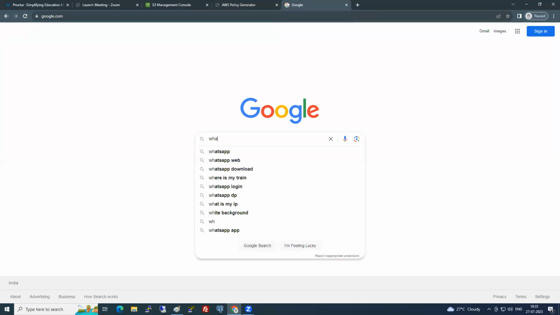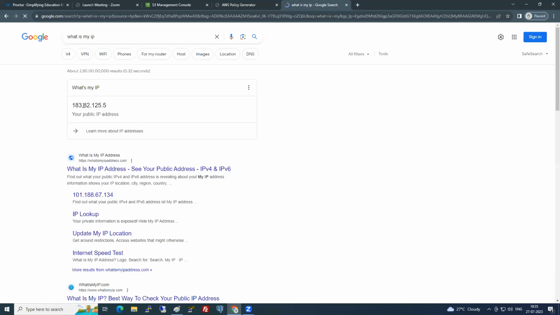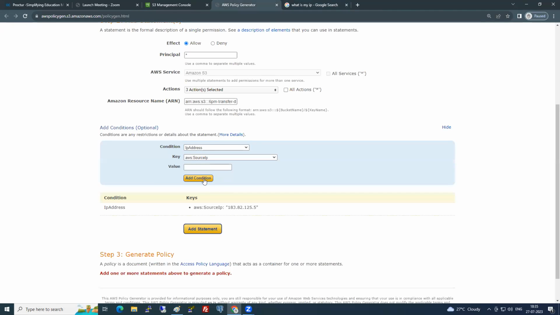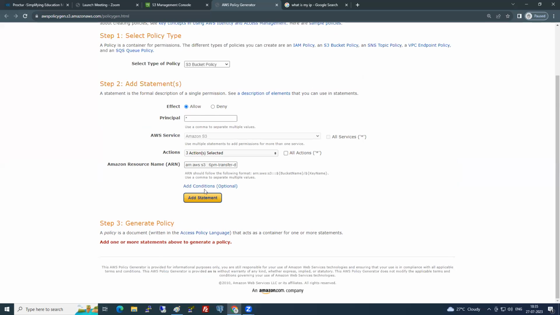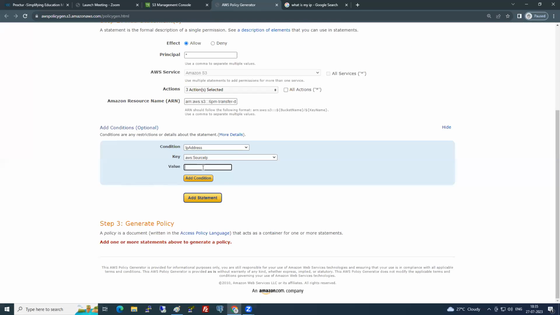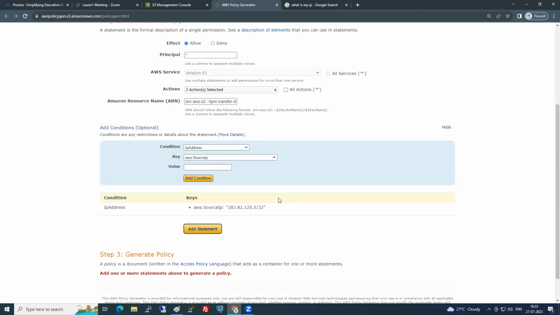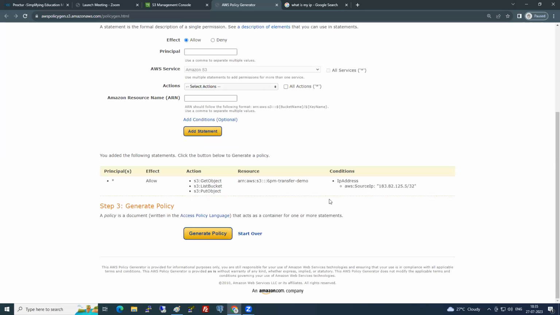What is my IP? Okay. Can I put it like this? Oops, it should be /32. I should put /32 at the end. Okay. So add conditions, add statement,